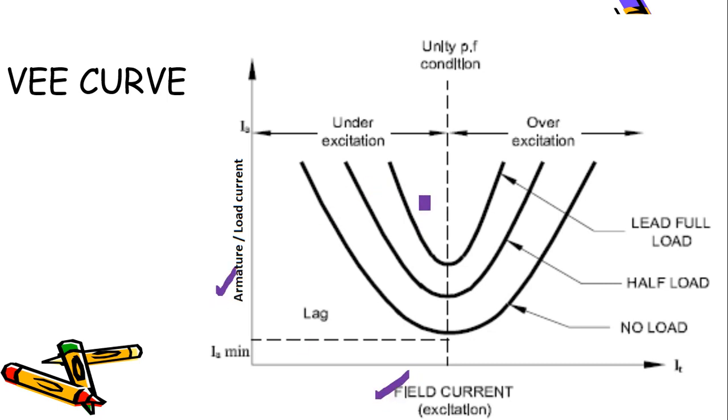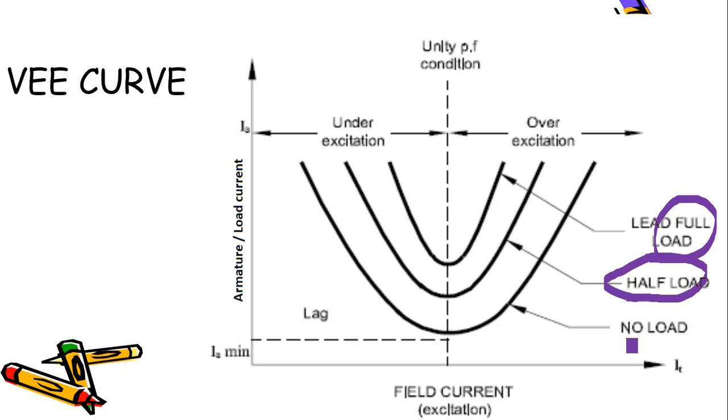and we can see that the load current or the armature current will be lowest at the rated value of field current. Where the field current is under excited, it is going on increasing the load current like this, and under overexcited condition also, when the field current is still increasing the overexcitation, the current will be increasing to give a V curve. So this shape we will be able to see under full load condition and half load condition also.